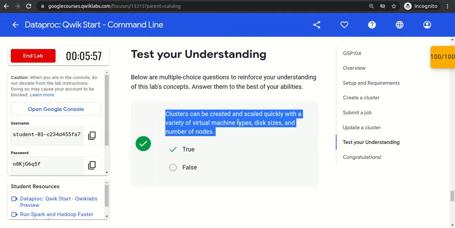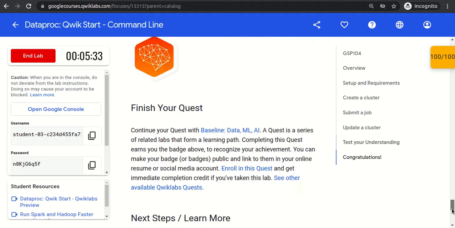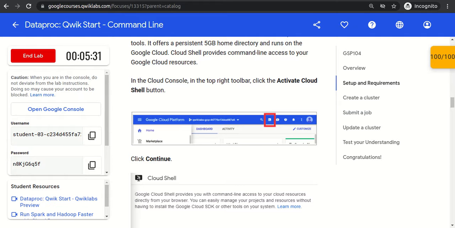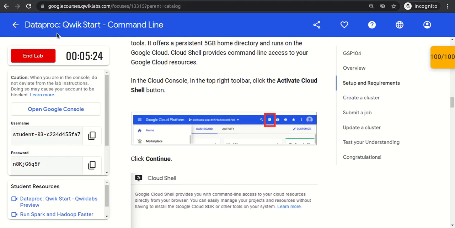Yes, we could see we can use the update operation to increase the number of nodes. So we can scale the cluster, both scale up and scale down. And while using the cluster, we can change the disk size. In this lab, we gave 500 GB. If we want 1 TB or even a smaller size, we can provide that. So we could see the two workers have been removed here. That's the end of the video.